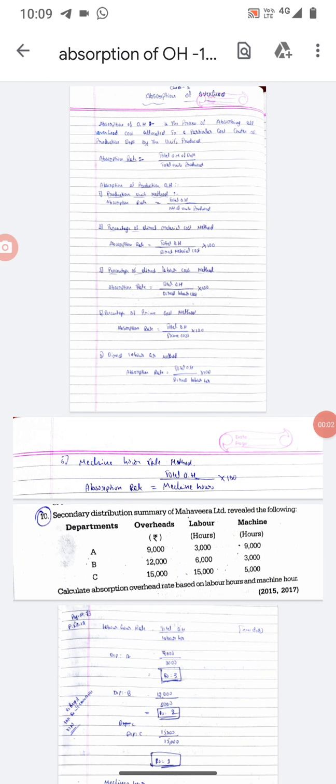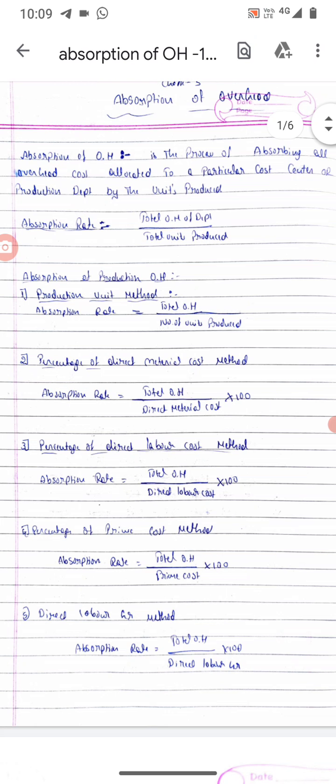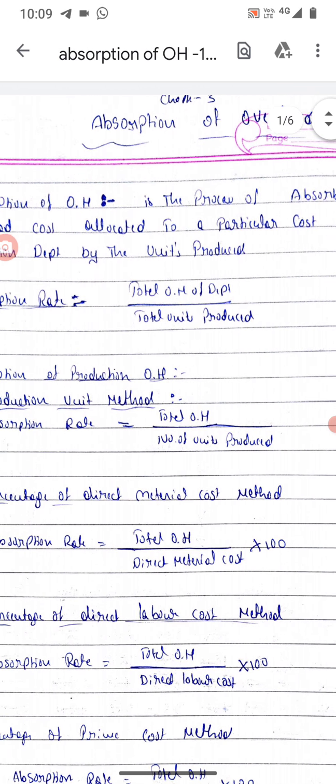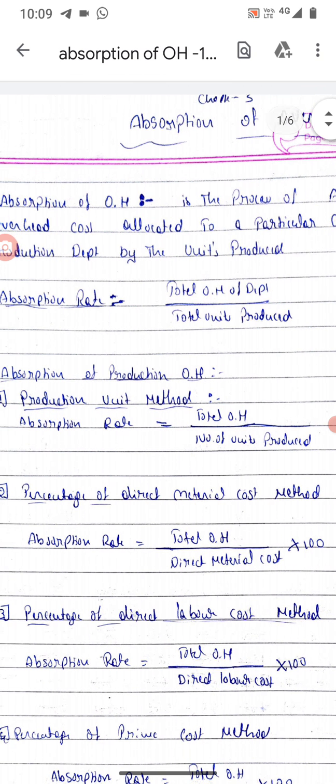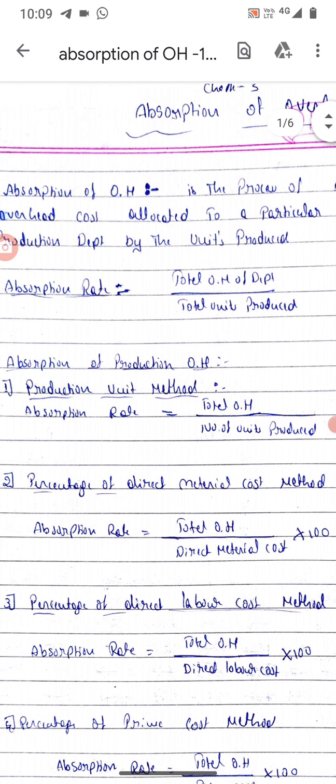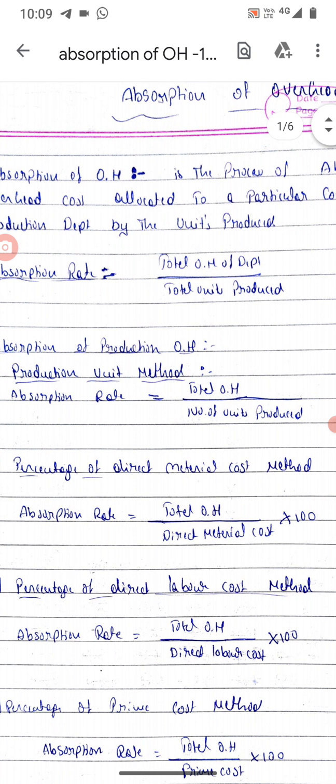Friends, let us look at the third chapter, and that is absorption of overheads. And let us look at what is absorption of overheads. This is a process of absorbing all overhead cost allocated to a particular cost center or particular department by the units produced. So that is called as absorbed. So we are absorbing that overhead cost for a particular department or particular cost center, and that is called as